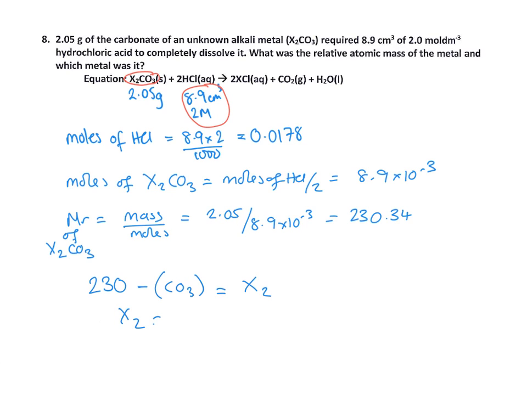So X2 works out as 170.4. So X must be 85.2. If you look on the periodic table, the element that has a mass closest to 85.2 is rubidium,